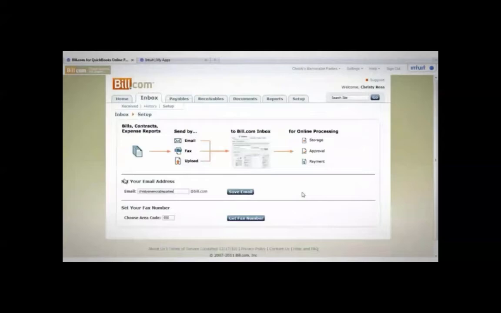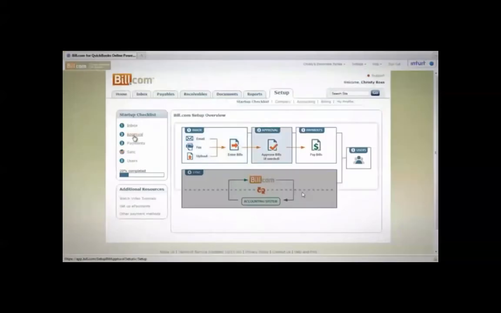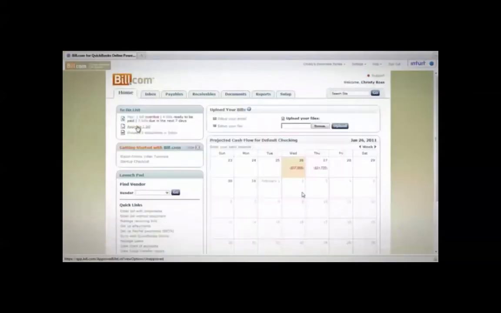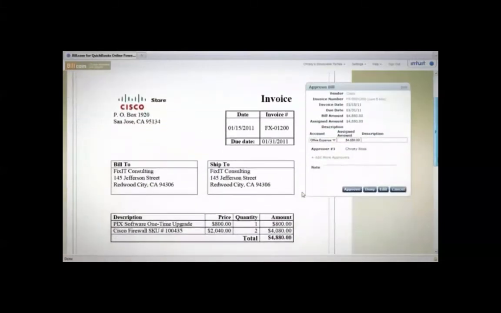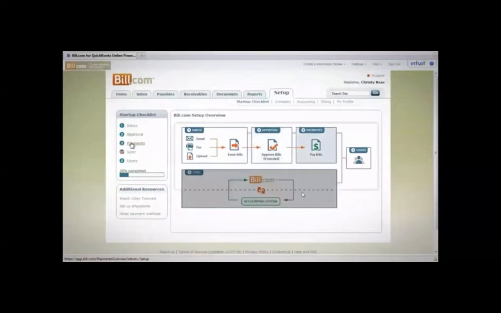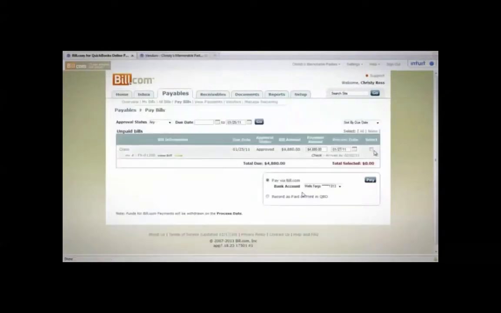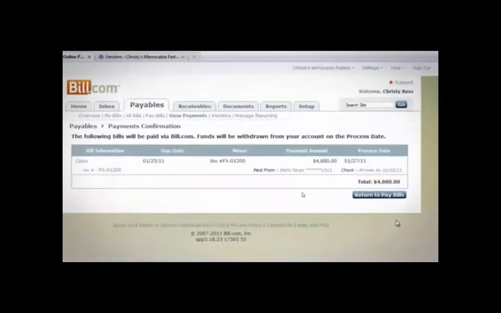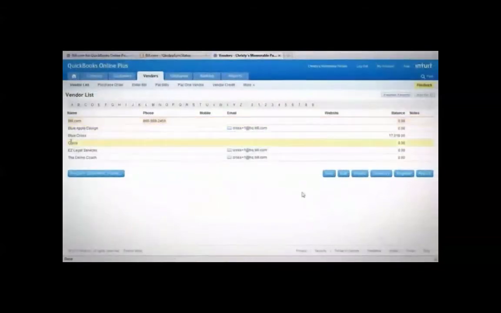So basically, you can digitize it here. We can set it up so that we have approvers. After we upload the invoice to Bill.com, a business owner or an administrative person can upload it, and then we have an approver look at it and say, yeah, everything looks good here, this is okay to pay. Then we schedule it for payment by due date. At that point, Bill.com takes care of the rest.